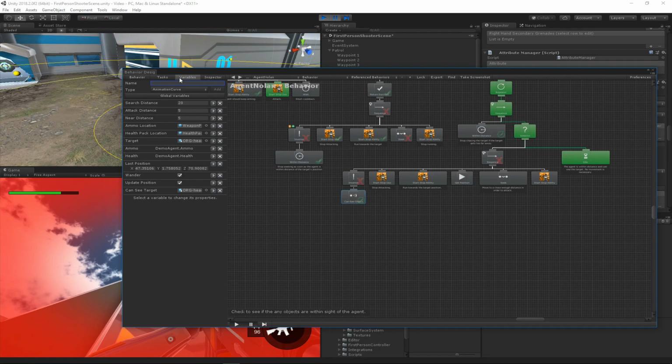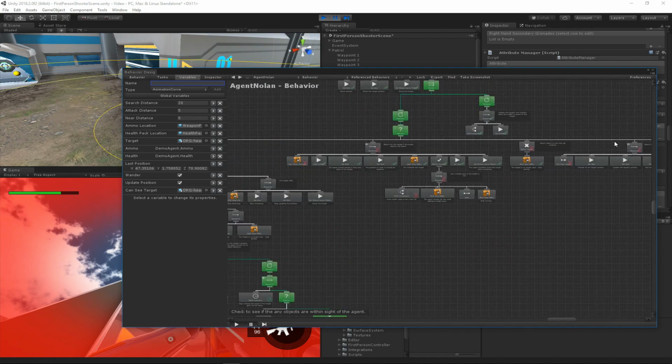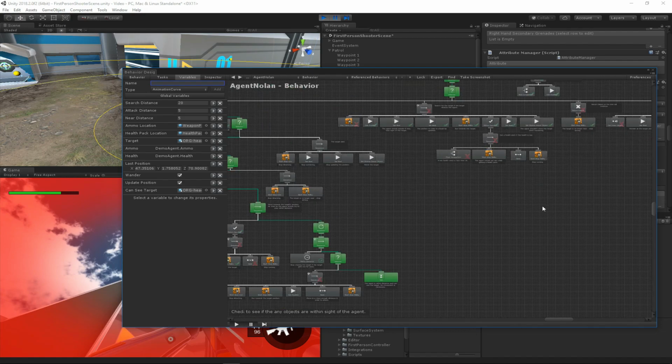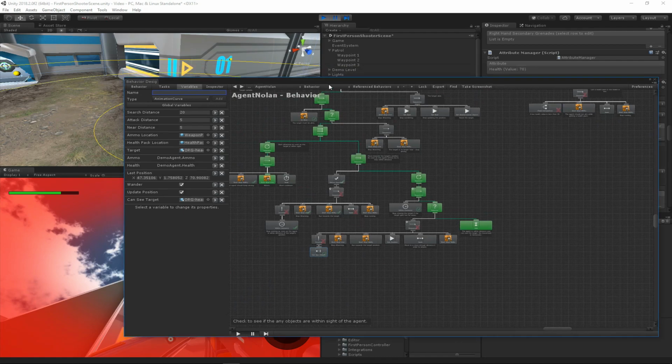Remember that wander is set to true right now. So if I look at my variables, we can see wander is set to true and update position is set to true. So if at any point the agent loses sight of the target, the wander branch will start running over here, and the agent will then start wandering at the last known position of the character. So let's let it play a little bit longer,